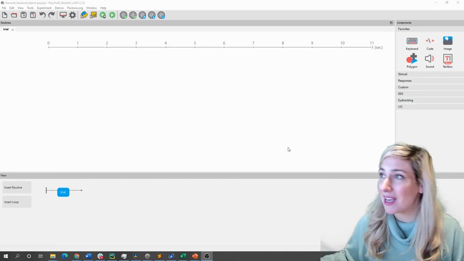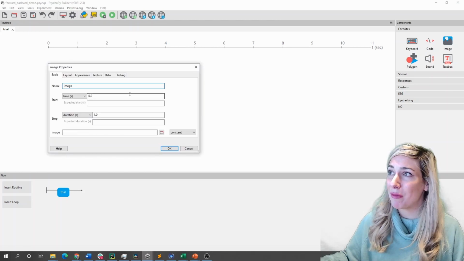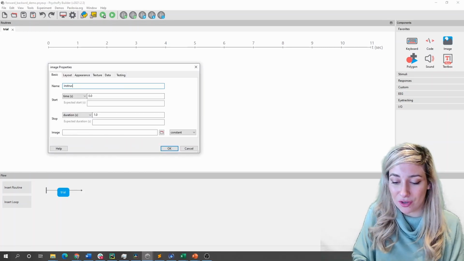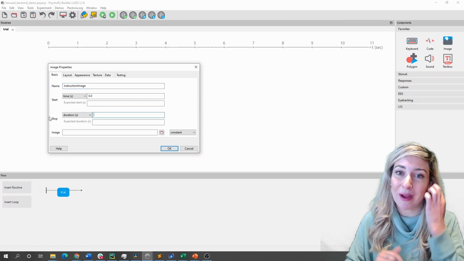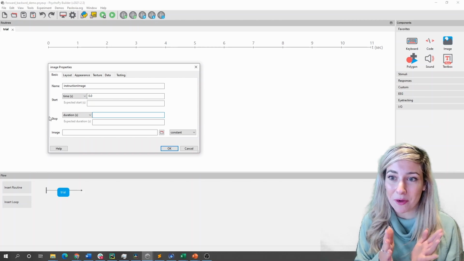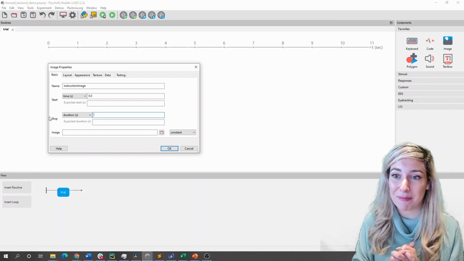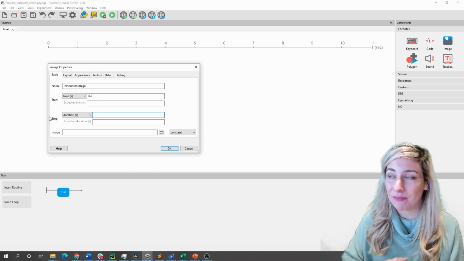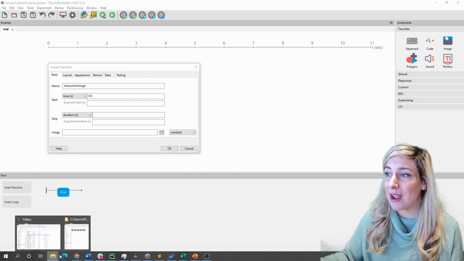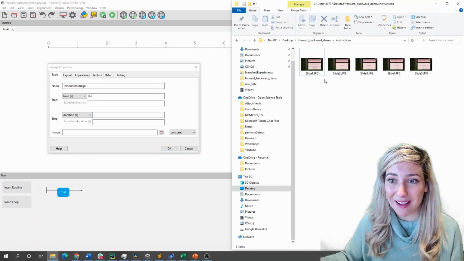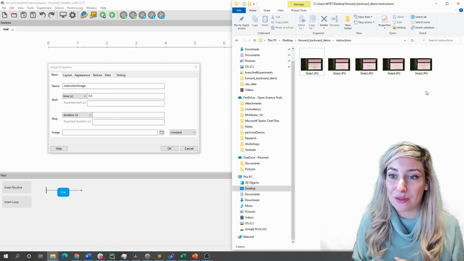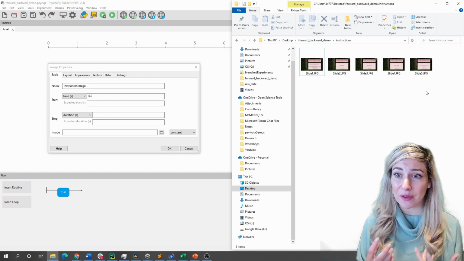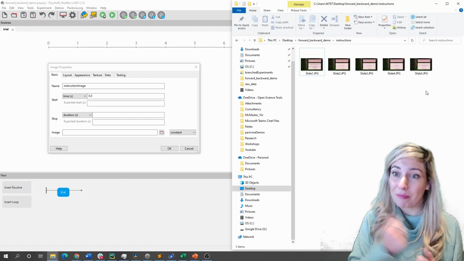So all I'm going to do in PsychoPy is I'm just going to add an image component. Maybe I'll call this instruction image. I'm going to make the duration infinite so that the participant can view that stimulus as long as they want and use the keys to go forwards and backwards through those images. Now, the critical thing here is the way that PowerPoint outputs these slides is it will automatically call them slide 1, slide 2, slide 3, slide 4, and slide 5. So we can use this kind of numeric value assigned to these slides in order to pull in these resources